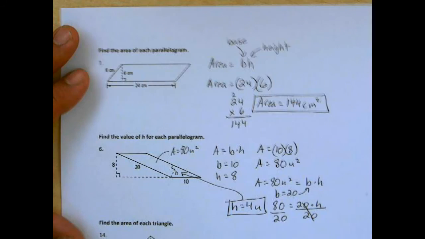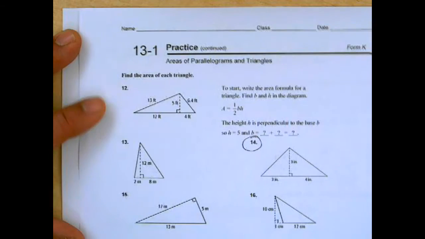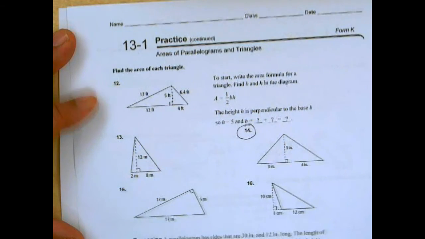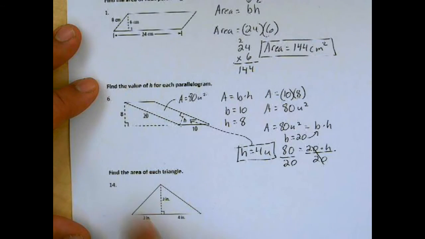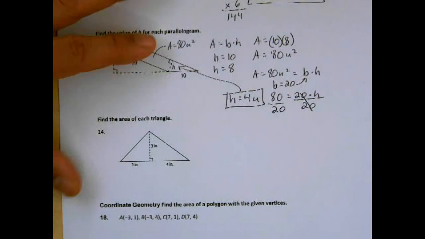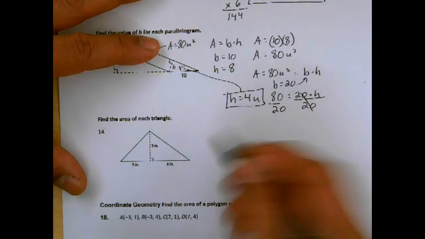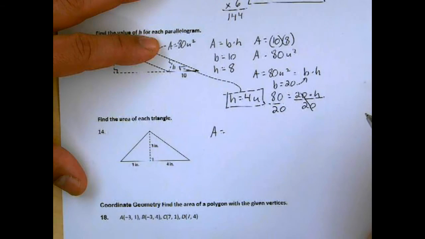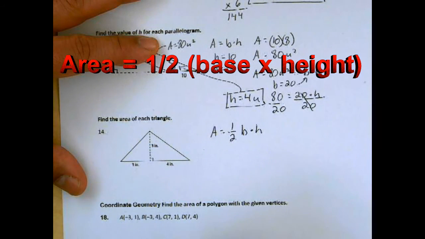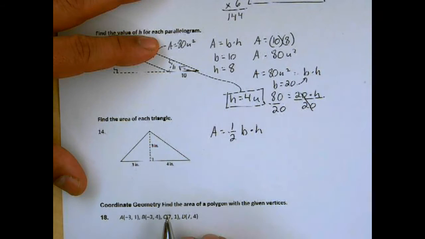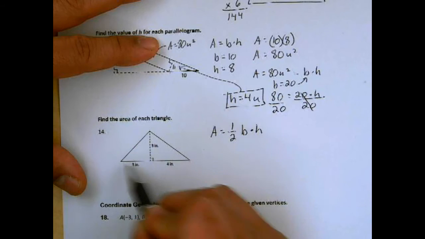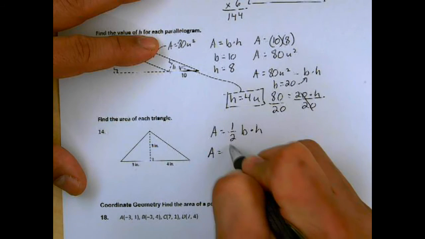Okay. Let's look at the next one that we circled, which is number 14. Number 14 is on the back side of practice 13-1. So that's what we're going to look at now. Number 14 says, find the area of the triangle. Now, if you remember from your middle school years, they talked to you about how to find the area of a triangle, which is 1/2 times the base times the height. So we need to know what the base is and what the height is. Well, we know that the height makes a right angle with the base. So we have 1/2